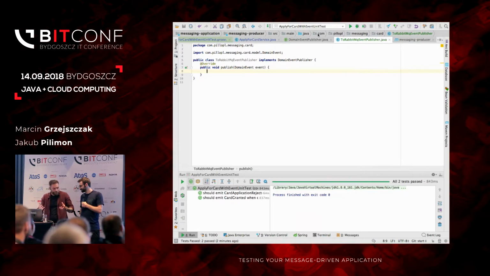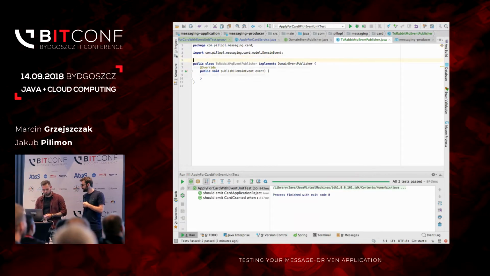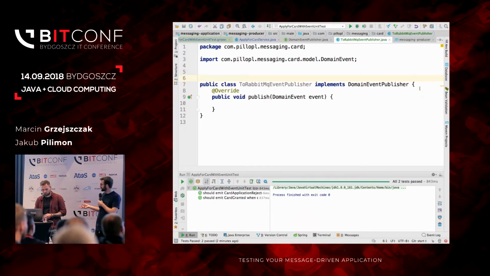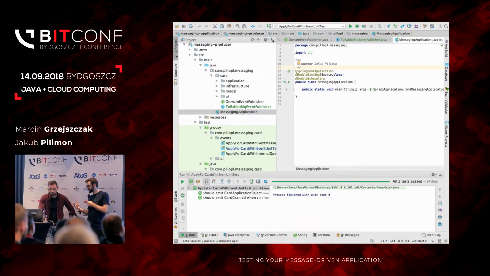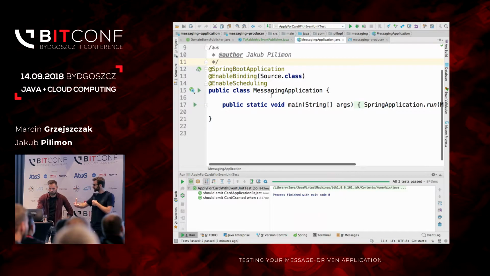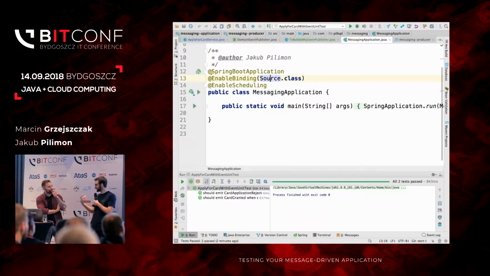So let's use this magic or technology and try to publish things to our downstream consumer. Yeah, and from what I remember in Spring Cloud Stream, you have predefined channels, like interfaces, called sink and source. What does it mean? Those interfaces give you predefined channels, like input channel and output channel, to which you can bind. So in our case, we're going to be sending a message. So we have a source interface. Inside the source interface, we have an output channel.